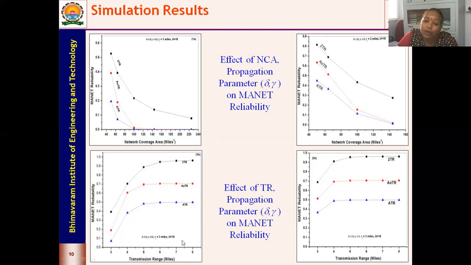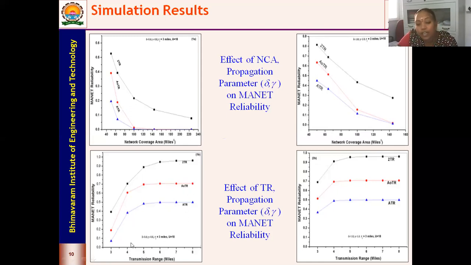The number of nodes I'm keeping constant. If each node has 3 miles, almost all the nodes are not getting connected, and hence the reliability is small when the transmission range is small. As the transmission range increases, all nodes can come into the vicinity of each other, and hence connectivity is established, and you have a higher reliability value. And of course, 2TR will always be greater than AOTR and ATR.